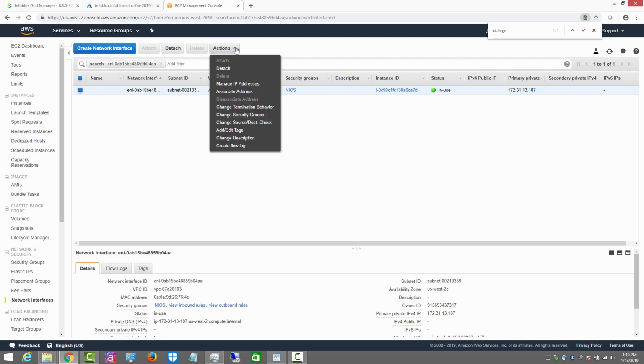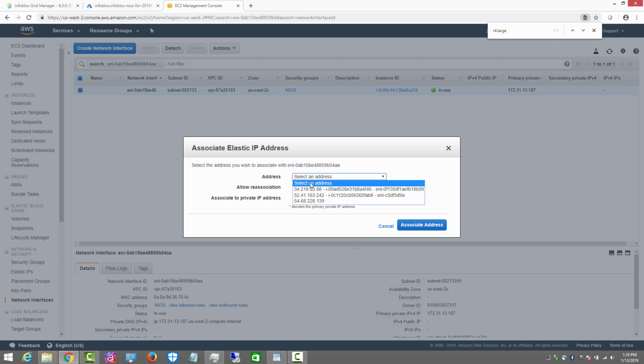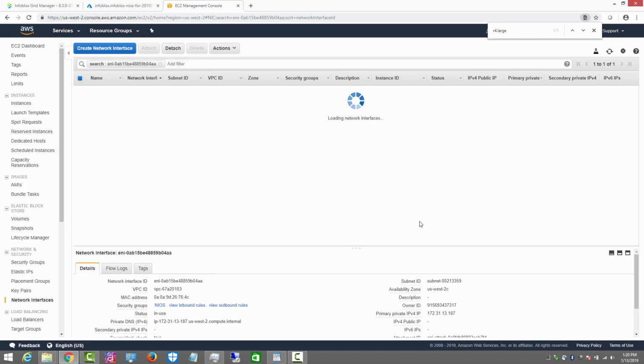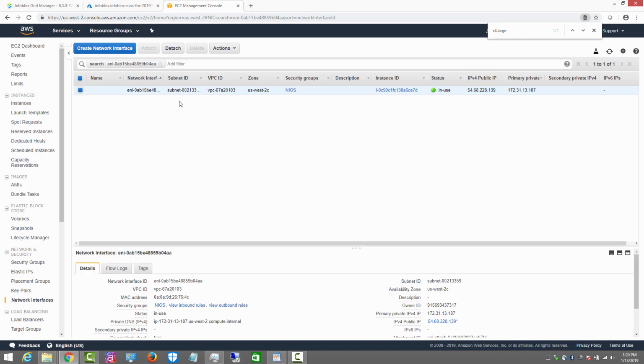So we're going to go to Actions, click on Associate Address, and pick a public routable IP address, and this one is available. If it's not available, there is an option in AWS where you can allocate a new IP address, but I already allocated it ahead of time, again, to skip a couple of steps. So this is the IP address. I'm going to click on Associate, and it will associate it with ETH1,